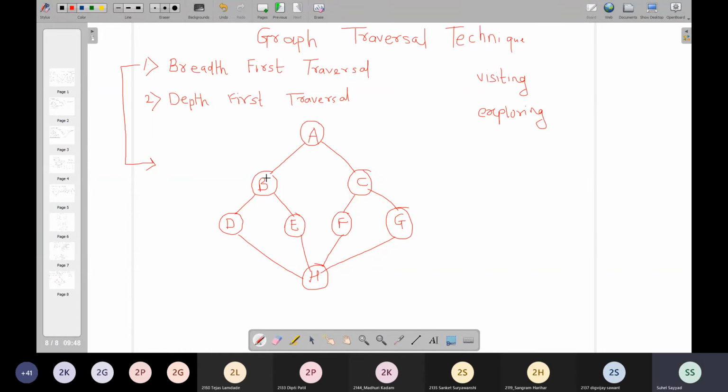So if I visit B and C, say for example, then A will become explored. Our objective in breadth first traversal is to explore all the vertices.